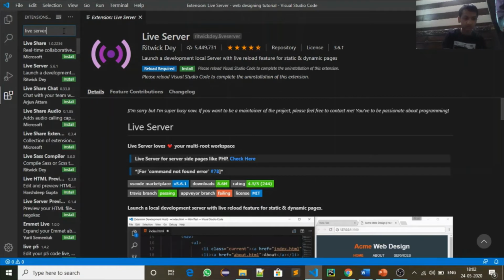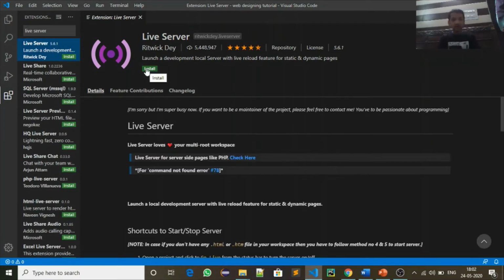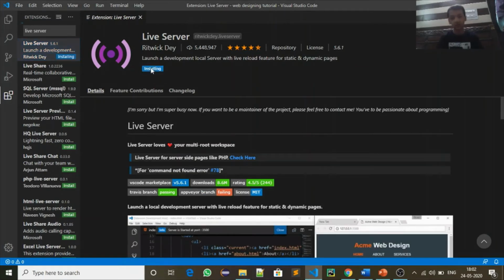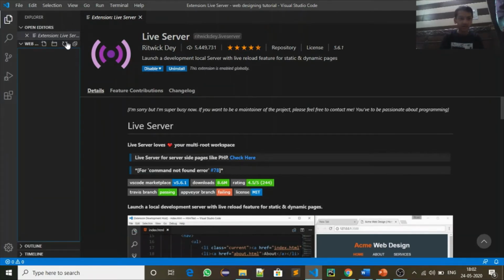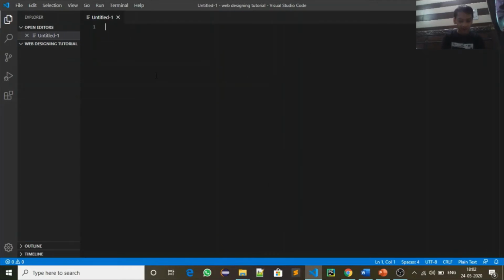Live server. So now you will see this one, and on your PC also the install option will come, so I will download it. It is installing and it is successfully installed.